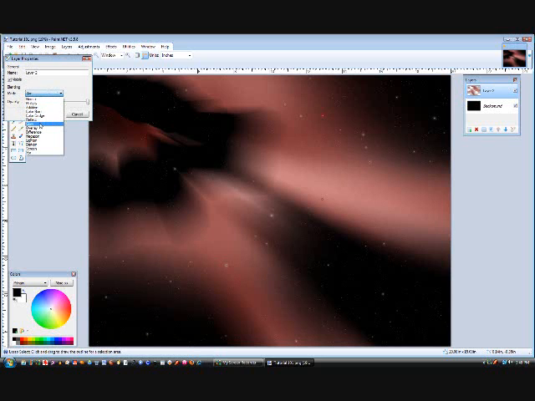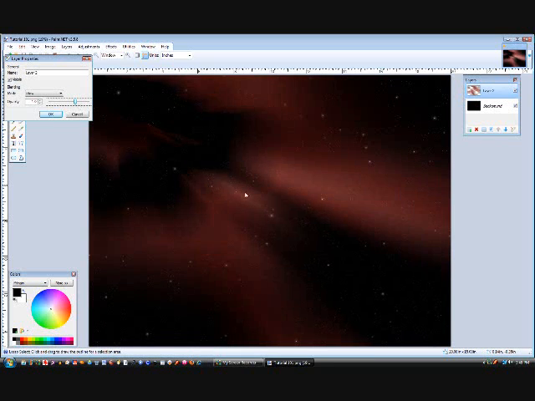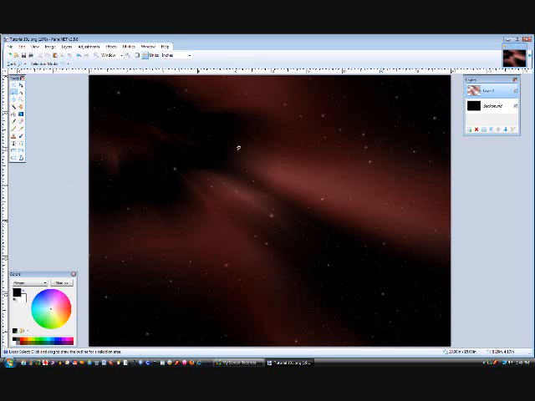So we're going to go back to glow, and we're just going to bring it down just a little bit, not a lot, because I want to keep this nice white effect going on. Then we'll click OK. So there you have the first layer of your nebula. I say first layer because most nebulas, if you look at them, are not always the same color. So what we're going to do is go back into